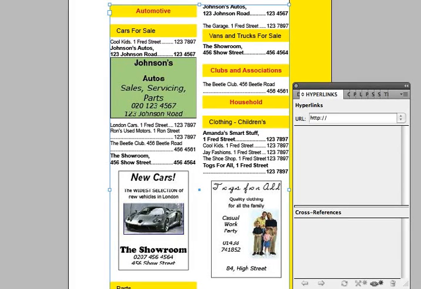With Adobe InDesign, it's quite easy to create text cross-references using the cross-references option in the hyperlinks panel. But what if you want to have cross-references to images? For example, let's look at a typical Yellow Pages telephone directory here, where we've got listings for the companies and